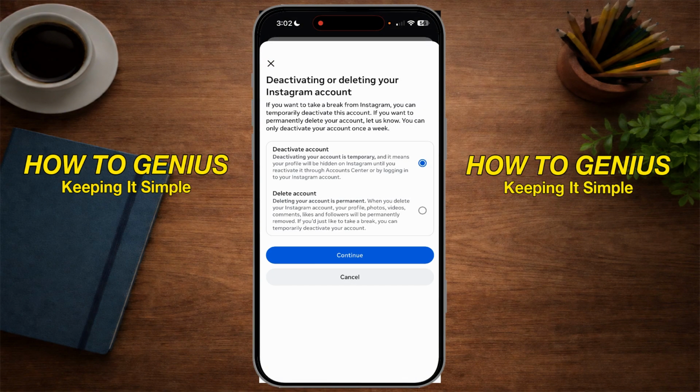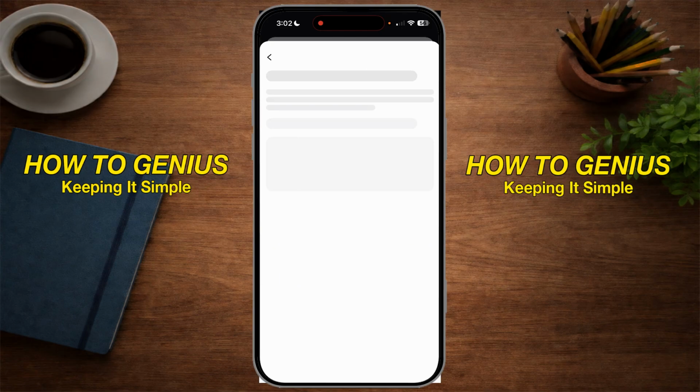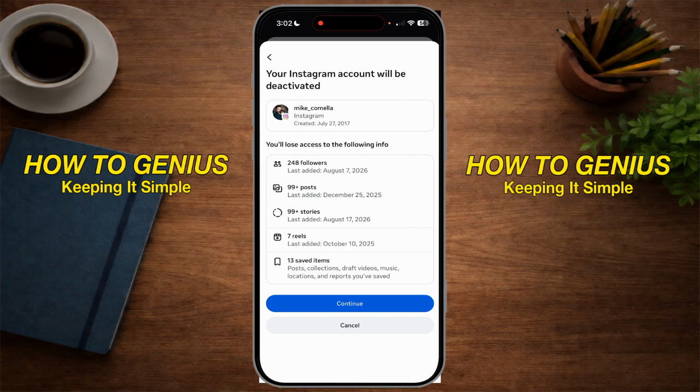And as it says, deactivating your account is temporary, and it means your profile will be hidden on Instagram until you reactivate it through your account center or by logging into your Instagram account. So this is temporary. You would go ahead and hit continue and follow the prompts. It is going to give you what you're going to be losing access to, so keep that in mind. But you would go ahead and follow the prompts and temporarily